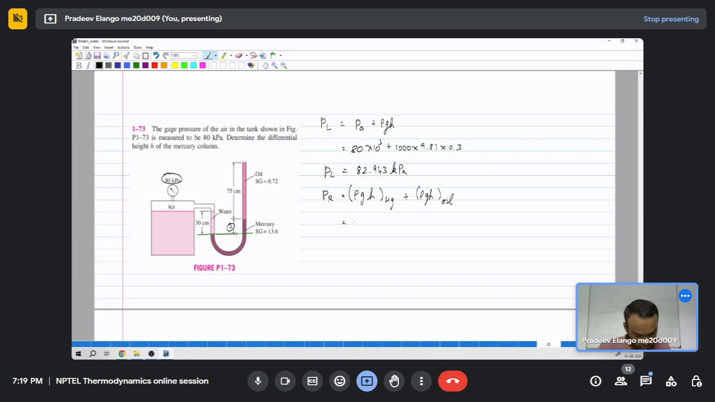So this is 13,600 into 9.81 into the height h, which we have to find, plus for the oil the density is 720 because the specific gravity is 0.72, into 9.81 into 0.75. PR is this, 133,416 into h plus